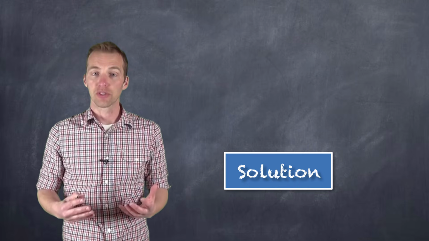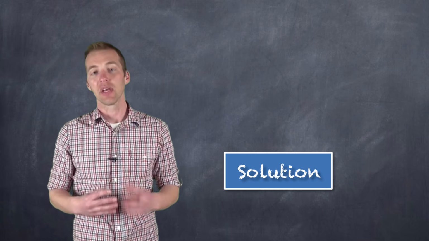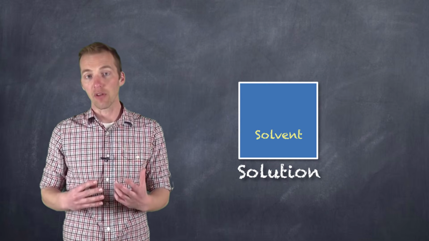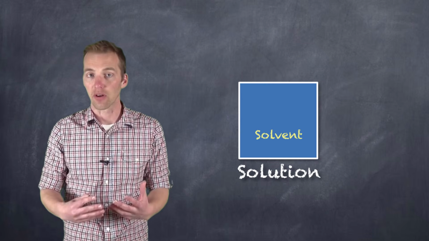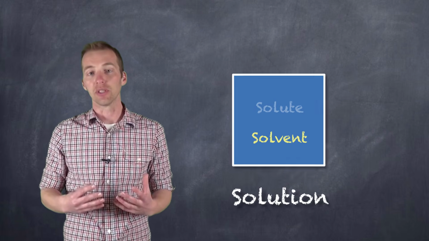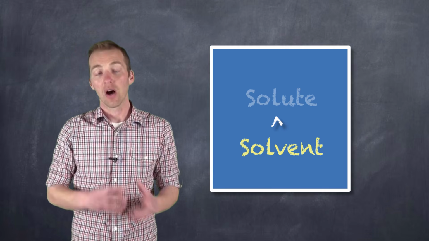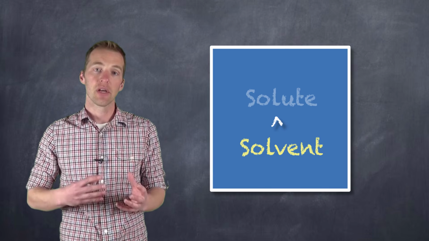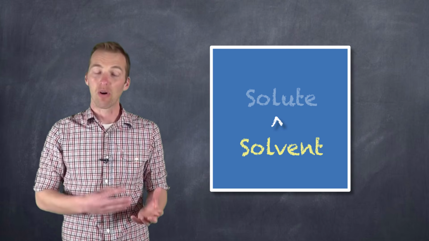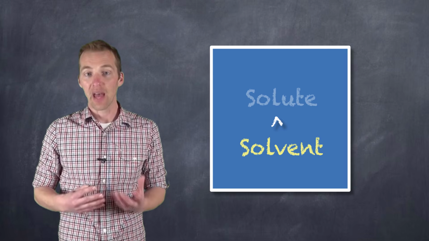As I've discussed with solutions already, they're a mixture. They're made up of different components. And there are two major components that we talk about when we describe a solution. And those two major components are the solvent, which is the substance that does the dissolving, and the solute, the substance that is dissolved. And typically in a solution, we have the solvent, which is in greater quantity, and the solute, which is in lesser quantity. Although it is important to note that sometimes you can get two substances that when mixed together will mix together indefinitely, like alcohol and water, and we say that these two substances are miscible in one another. That is,